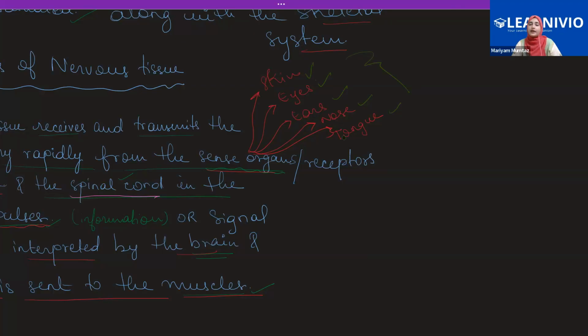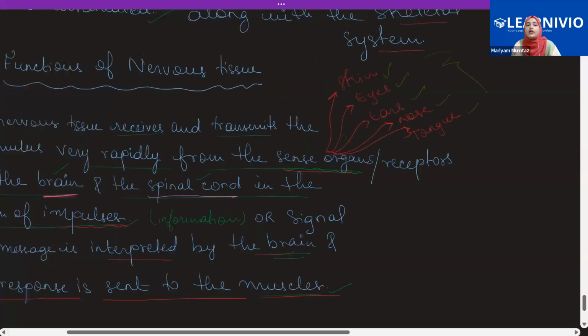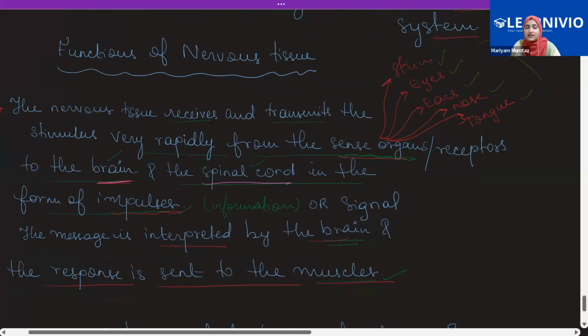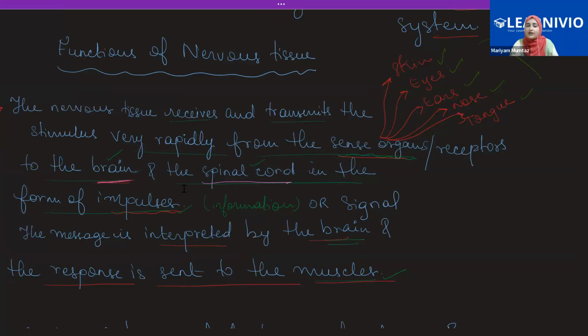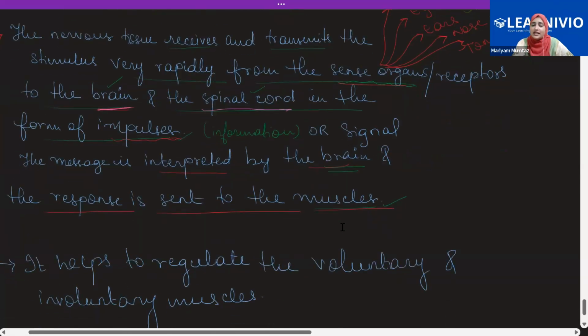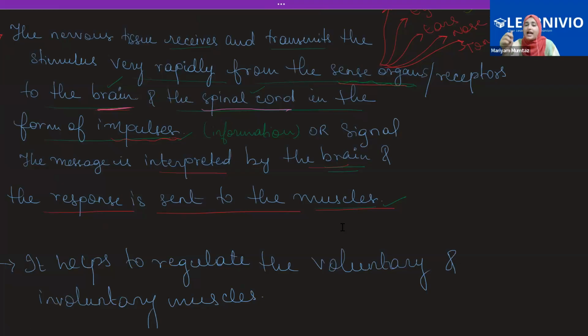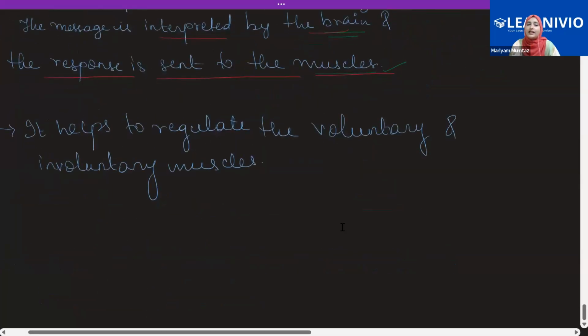And the sense organs help us to be aware of our surroundings. So they're responsible for transmitting the impulses very rapidly from the sense organs to the brain, and then also the spinal cord, in the form of impulses. Impulses mean certain information or certain signals. Now, after this information is sent to the brain and the spinal cord, then what happens? The brain interprets this information, meaning the brain processes the information and sends the response quickly to the muscle. So it helps to regulate the voluntary actions of our body,